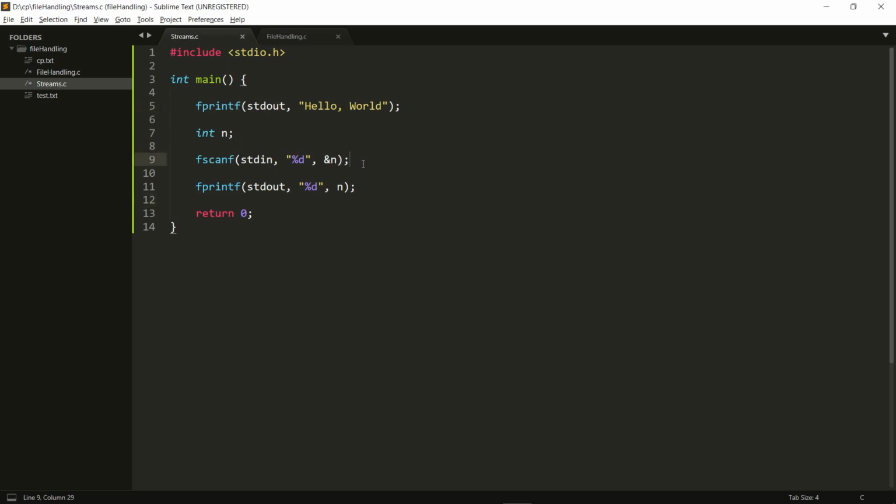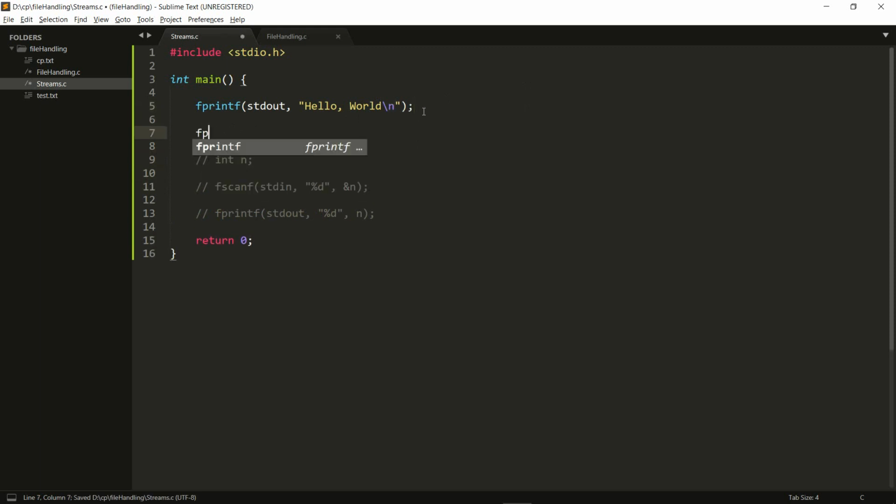I can also write to my standard error stream, but you won't really notice a difference between my error stream and my output stream, because they just look the same on my terminal.